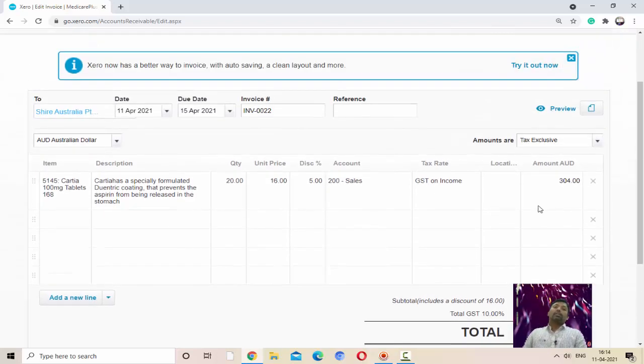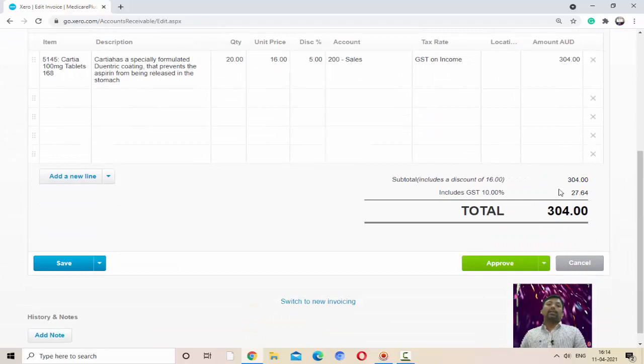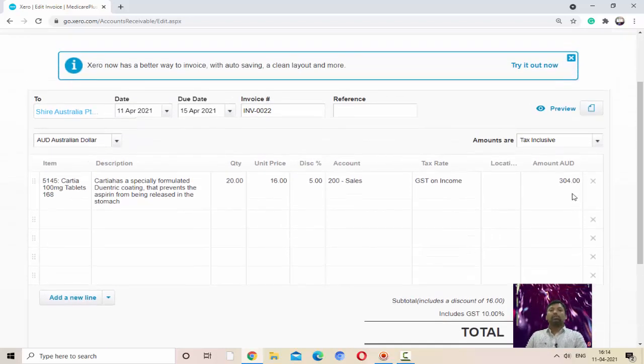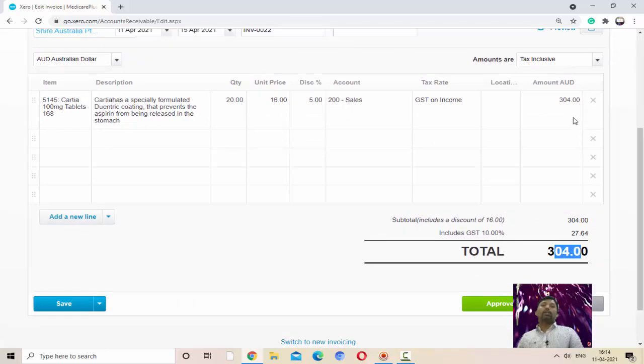And if the GST is included in this amount 304, then select here tax included. You will see 27.64 including GST, meaning 304 is the total amount, which already includes the GST amount. So I think you understand how this option will work, tax excluding and tax including.